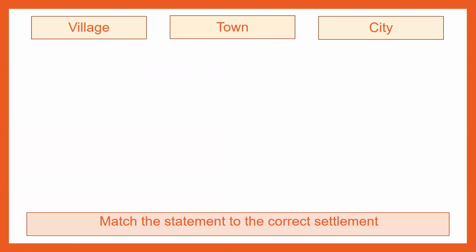So your task today is to look at some statements about villages, towns or cities and match them to the correct settlement. You're going to have a different piece of paper for your task. I'm going to stop sharing my PowerPoint and get the task for you for today that you are going to be completing,